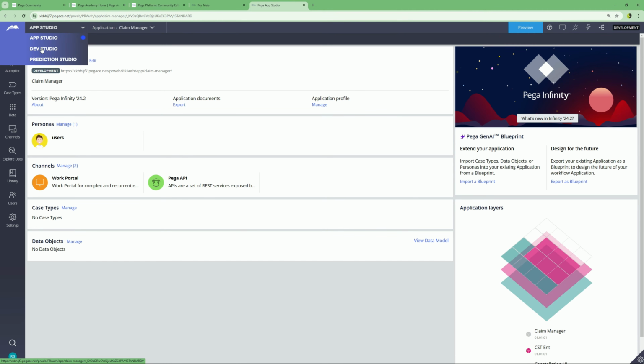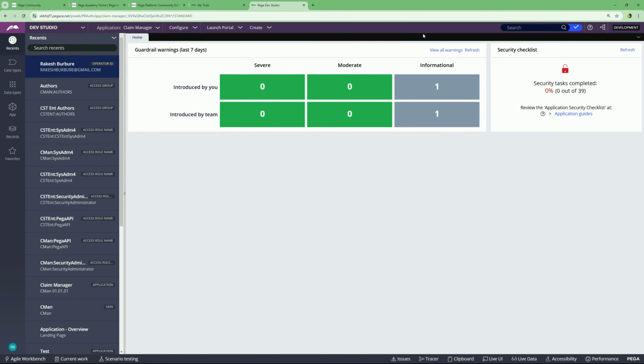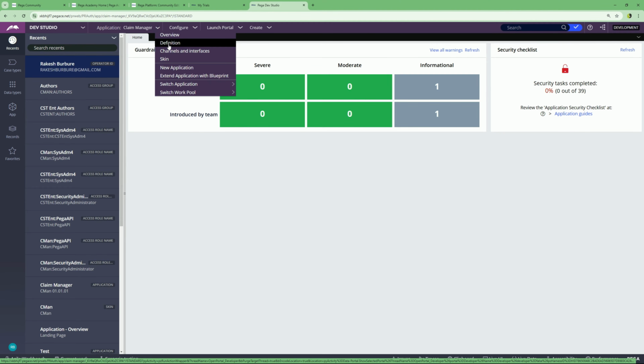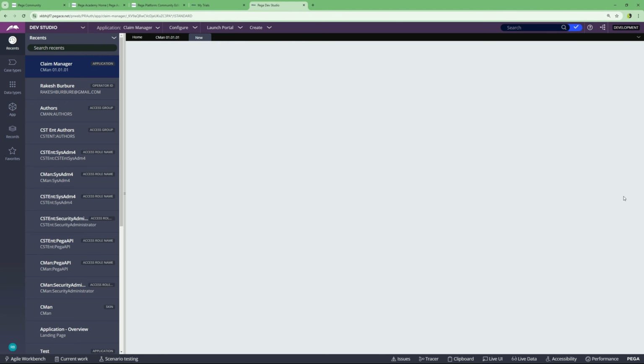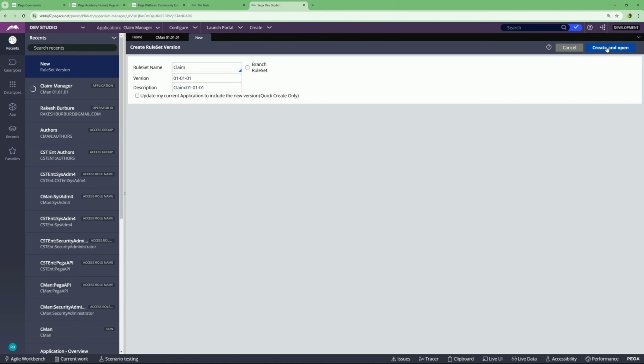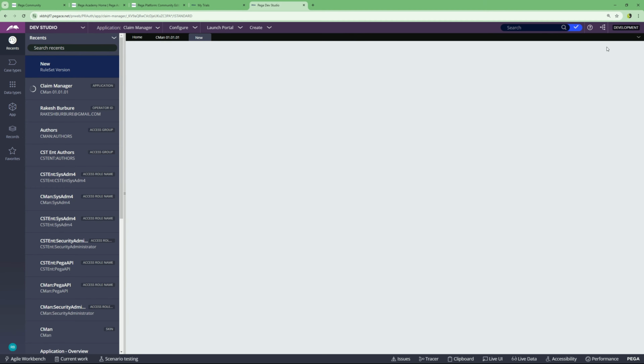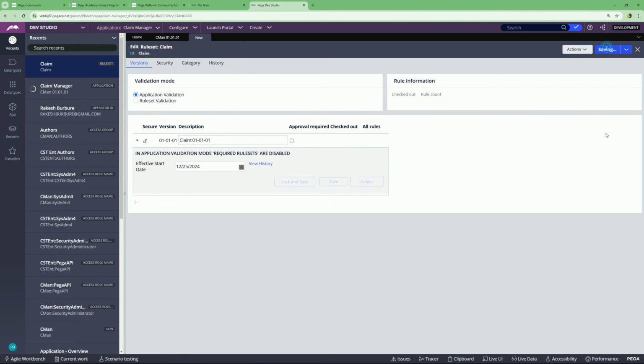Let's go to Dev Studio. Now from Dev Studio, you can open your application definition, and here you can see we have two rule sets, and let's add one more rule set, and let's say its name claim. Let's click on this icon to create this rule set. Now let's click create and open. Let's click save,